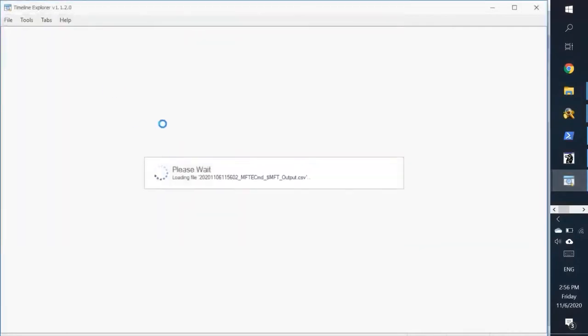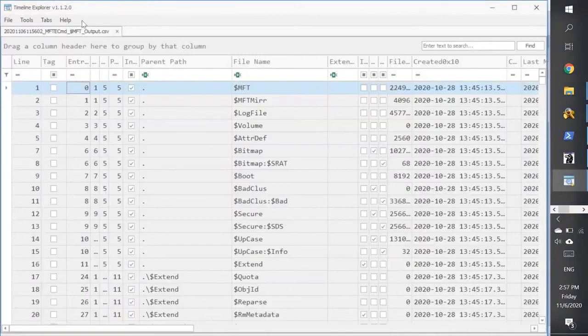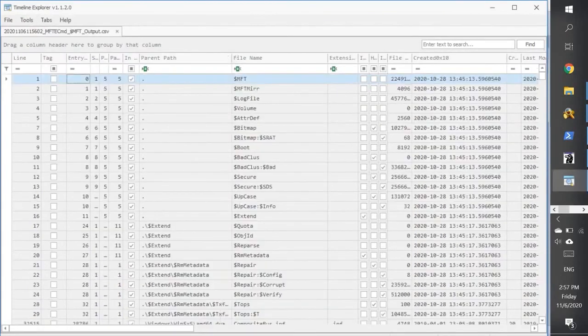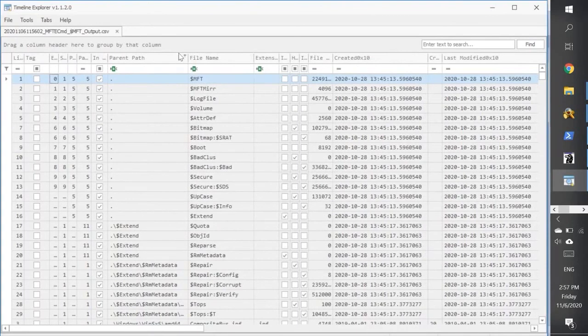We finally see it here. You see the filter applied here. We should delete it, and let's filter by the parent path,